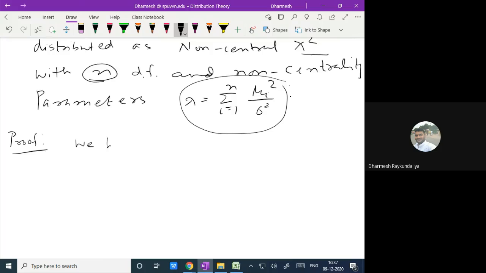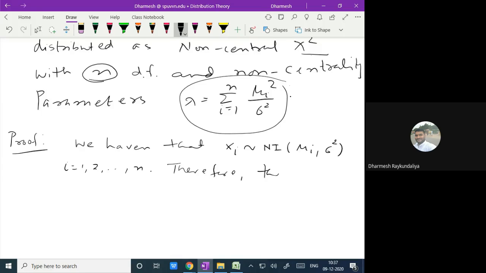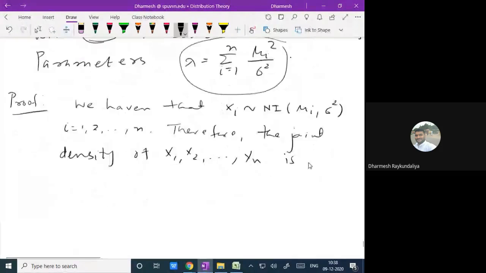We are given that the xi's are normally and independently distributed with mean mu i and variance sigma square, where i runs from 1 to n. So that is given to us. Therefore, the joint density of x1, x2, ..., xn is given by,